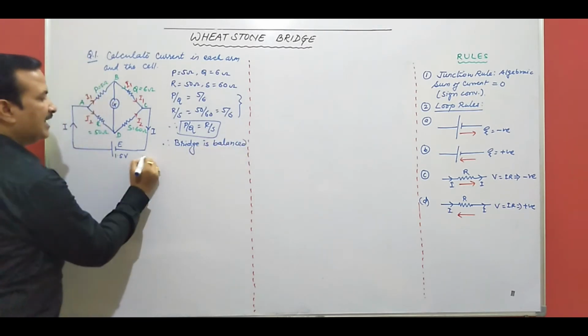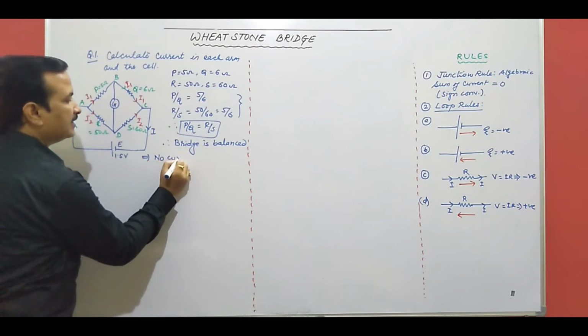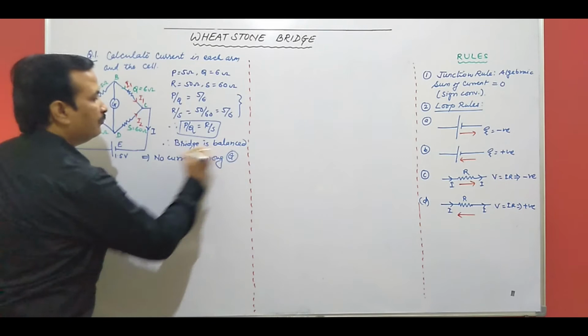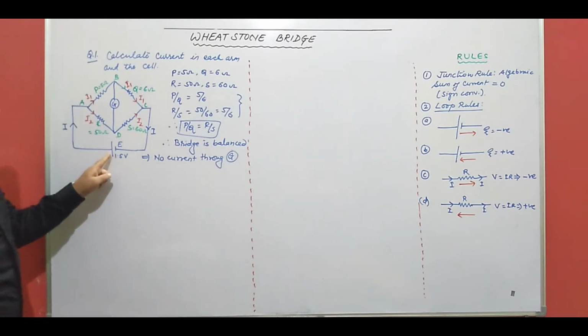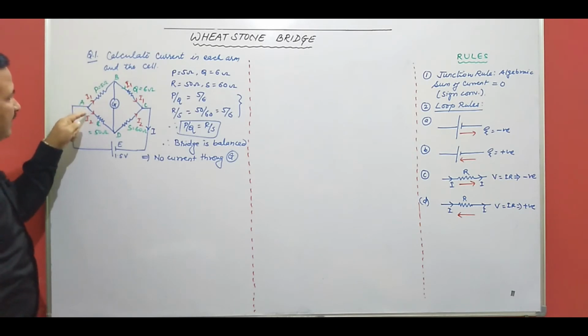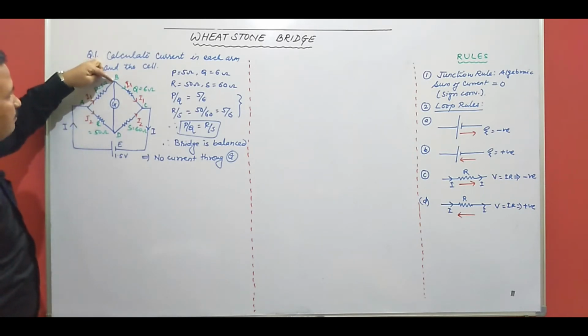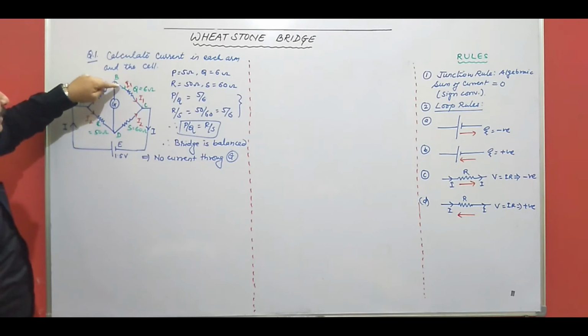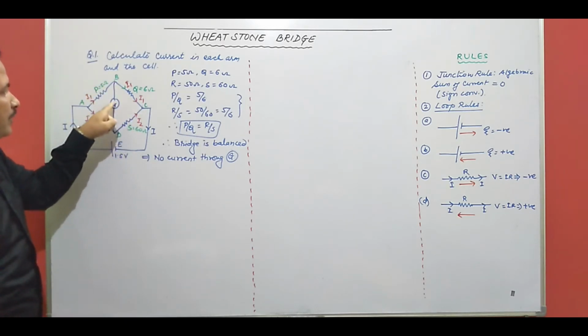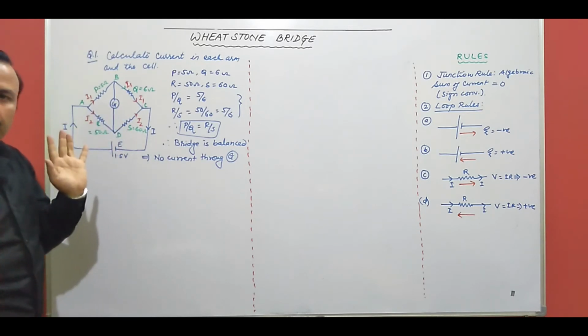Bridge is balanced, that means no current through galvanometer. अब हम ये मान लेते हैं यहाँ सेल से करंट I आया, so it will be divided into 2 arms, I1 here, I2 here. When it reaches B, it will not go to G, but it will go I1 here, and this I2 will be similarly going here, instead of going, no part will be going to G, right?